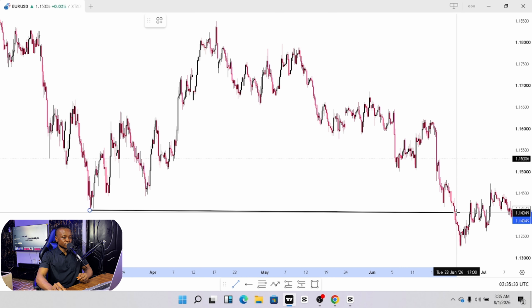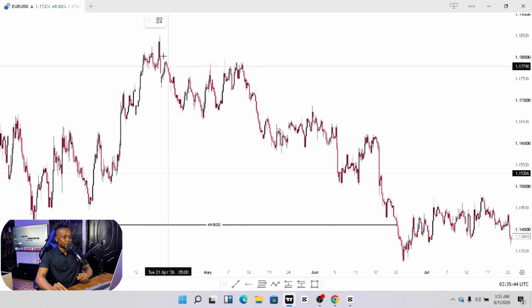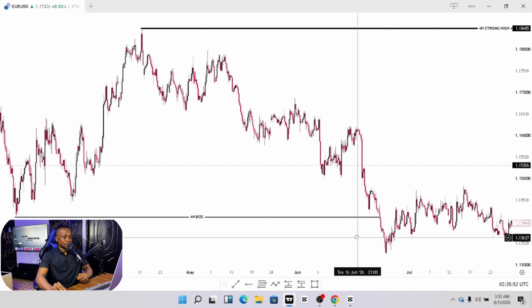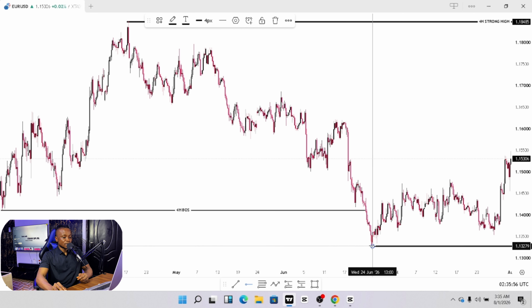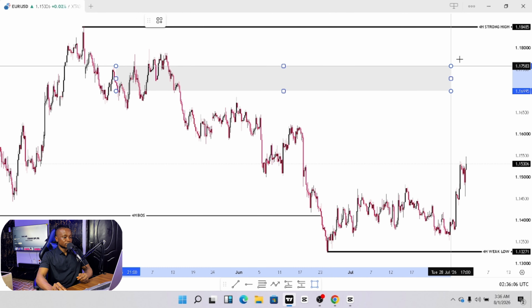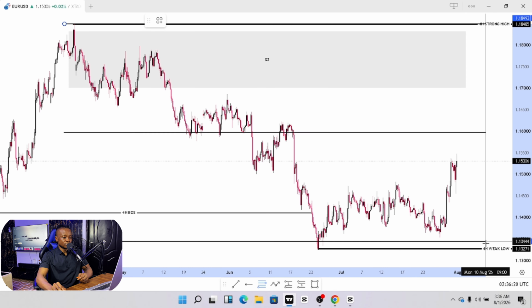A break of structure. So now when this low was broken, this high becomes our pro structure high, and this low becomes our weak low. So this will be our supply zone. Now if I plot my fib from point A to point B, from what we've done so far, you can